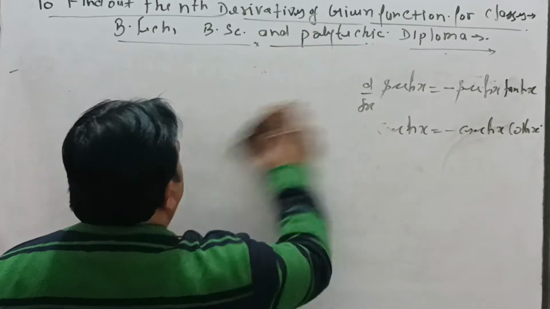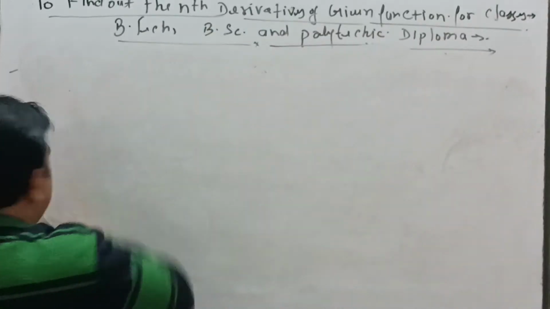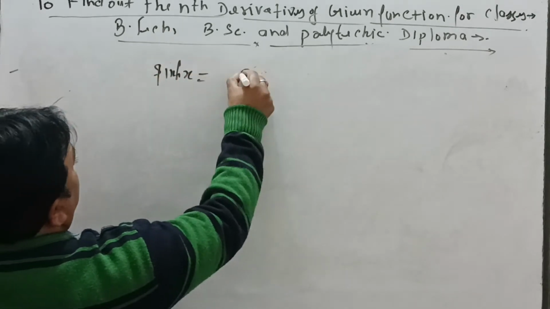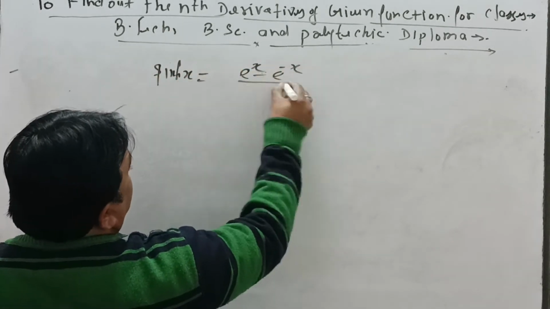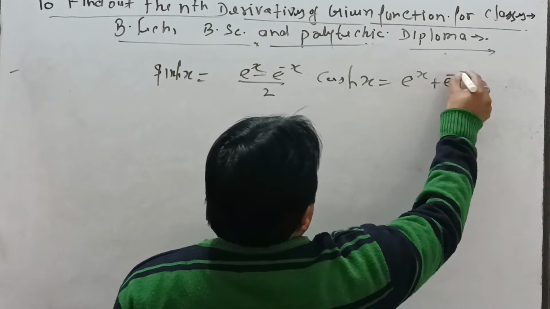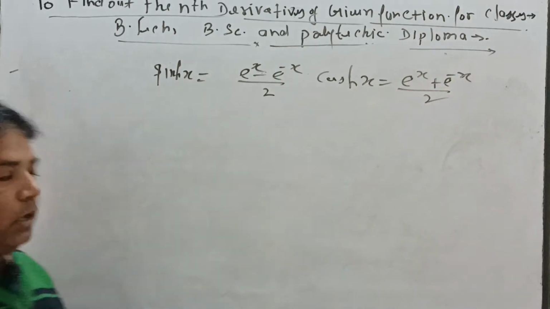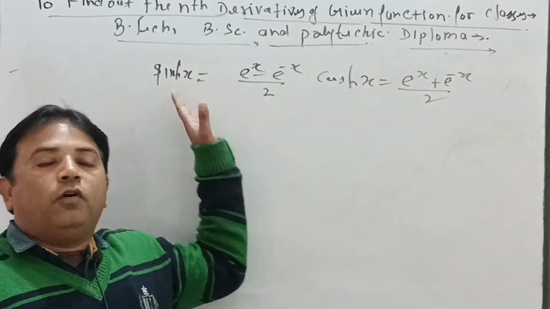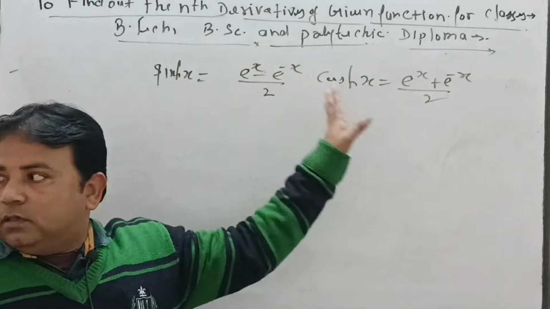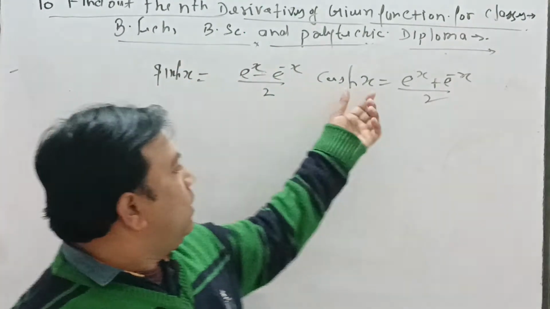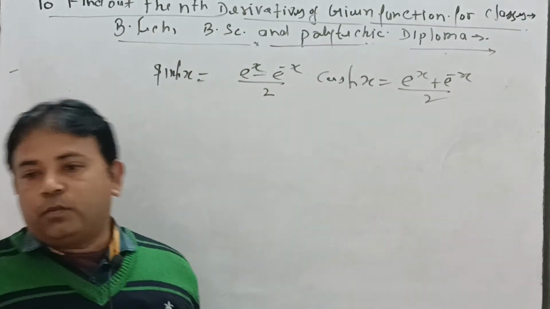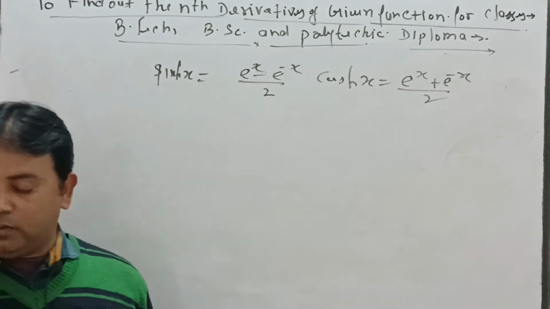Most important formulas for the derivative of any functions, and the value of hyperbolic functions. Sin hyperbolic x equals e to the power x minus e to the power minus x, divided by 2. Cos hyperbolic x equals e to the power x plus e to the power minus x, divided by 2. You can find any other trigonometrical function, sec, cosec, cot and tan, by dividing these. Taking the reverse of these functions, you find the value of cosec and sec hyperbolic of x. Please make a note.